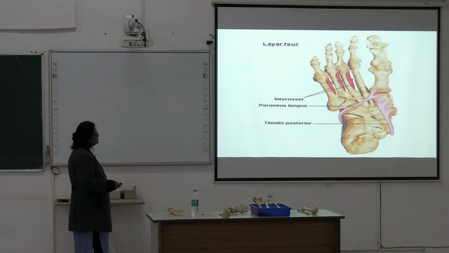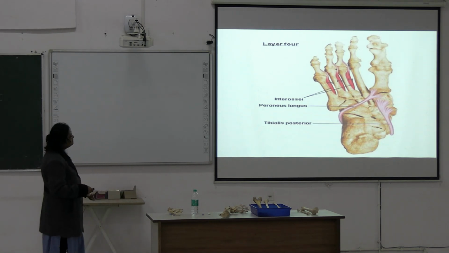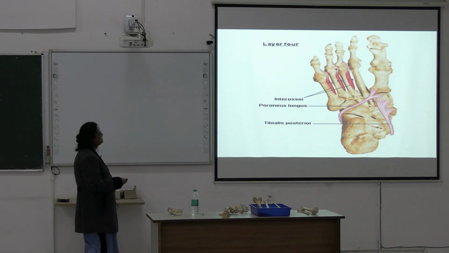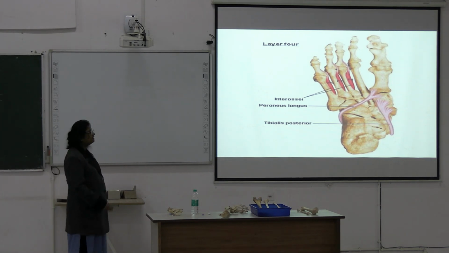see the position of peroneus longus. It is winding round the lateral border of the foot and is inserted over the medial cuneiform and base of the first metatarsal. And this is the tendon of tibialis posterior; it is also inserted over the cuboid, some part in the calcaneum, and also going towards the base of the metatarsals. And these are the plantar interossei, P1, P2, P3. Next